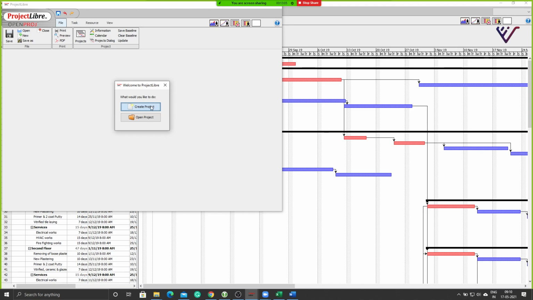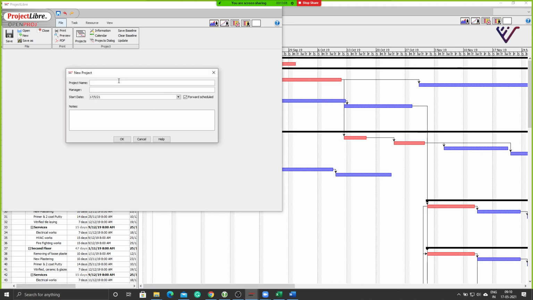Okay, so let me now create a new project first. We will name the project. Let's call it sample bathroom refitting. I will use the same example that we had looked at in the MSP recording. For manager here, I'm going to give my initials. You can give your initials as well. Now this is something interesting. I will just explain what this does. You can also give project notes. Whatever description you want to give to that project, you can add it here so that it's visible to the other team members who are using this file.